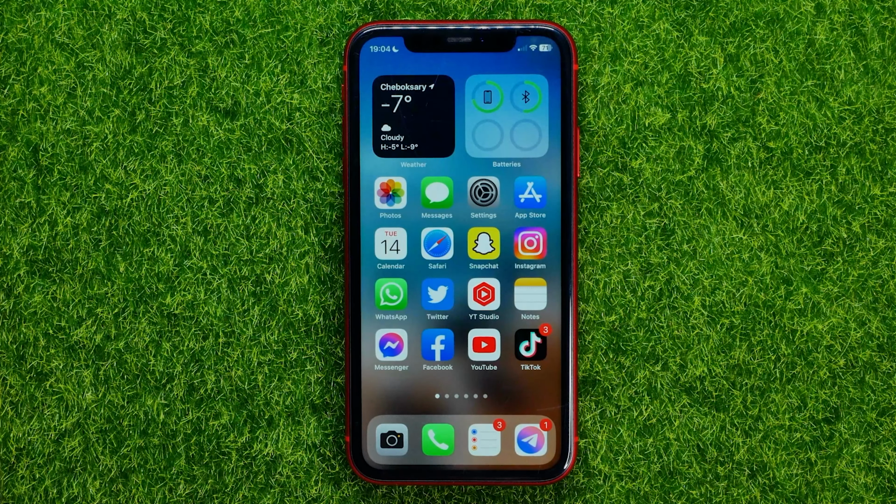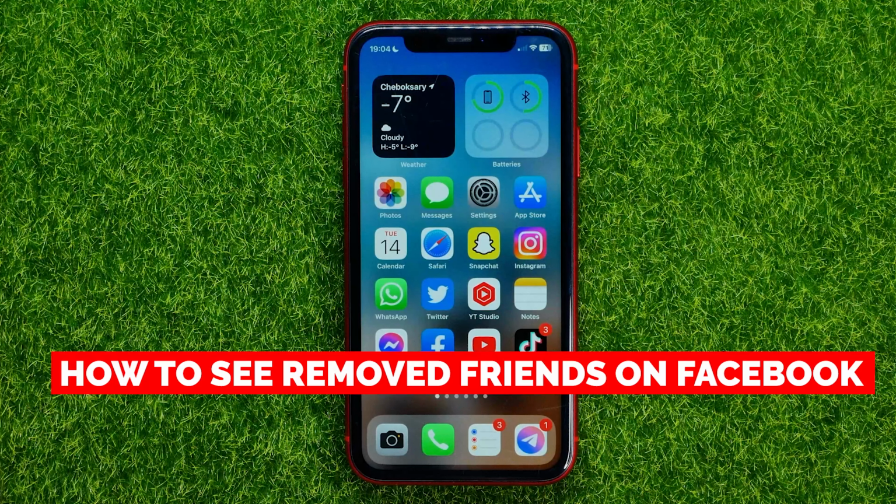Hello guys, welcome back. In this video I'm going to show you how you can easily see removed friends on